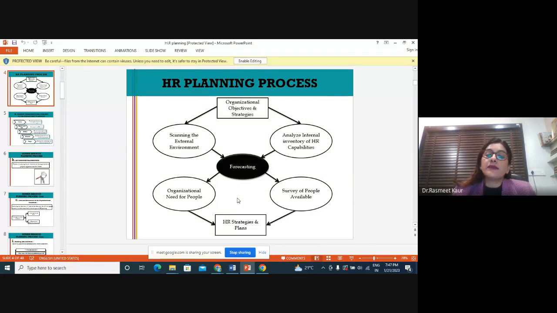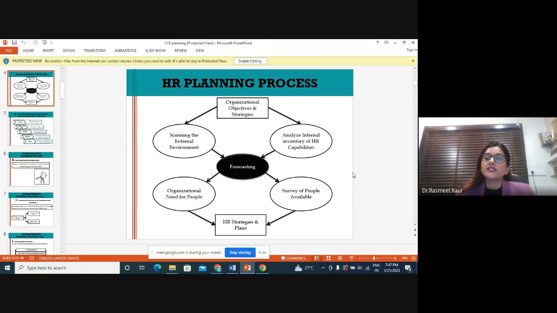the external environment, by, as I've just spoken a few minutes back, understanding the political, social, economic, technological, legal changes which are happening in the external environment. Again, I say, all beyond the control of the organization. So you just scan. You cannot make any changes, but you're just trying to understand what is happening in the external environment and how it is going to affect my HR planning process. So once you do that, then the third step which comes is you do an analysis of an internal inventory.